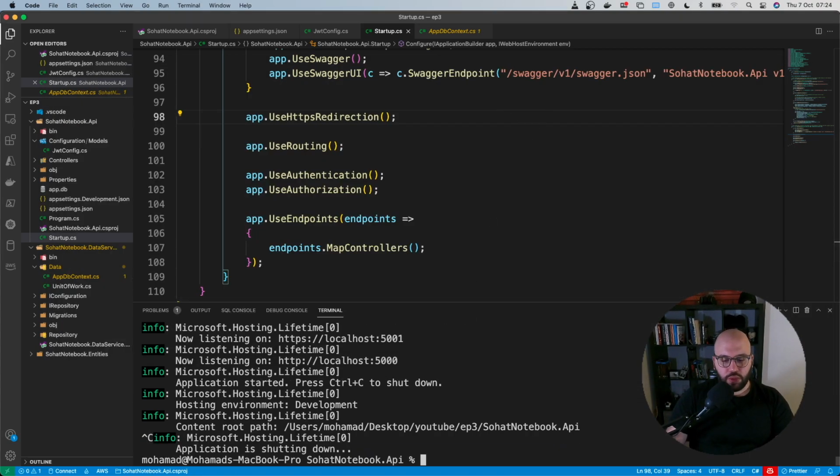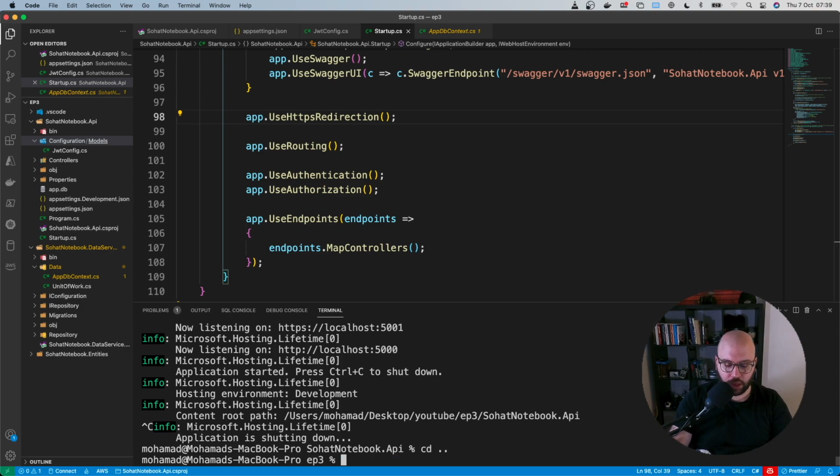Okay, once we have done that, we added all of the information that we currently have for the JWT token authentication inside our startup class. The next step for us is to actually start implementing the login process and the registration process. So the first thing that we're going to be doing is a bit of refactoring first. So let's go back here and create a new class library. So .NET new classlib, and we'll give it a name of